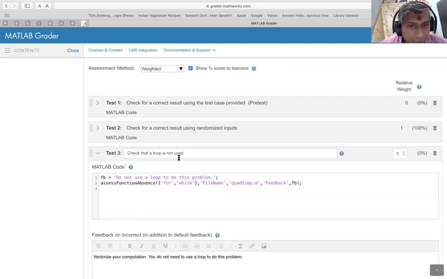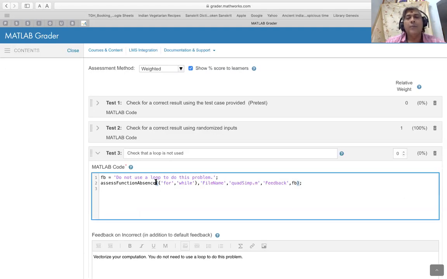For this, you can actually write a function like this, assess function absence. Remember, I said that you can test the code for the presence or the absence of a function. And when it comes to loops, one of the standard functions that is used for looping in MATLAB is for, but there is also while.